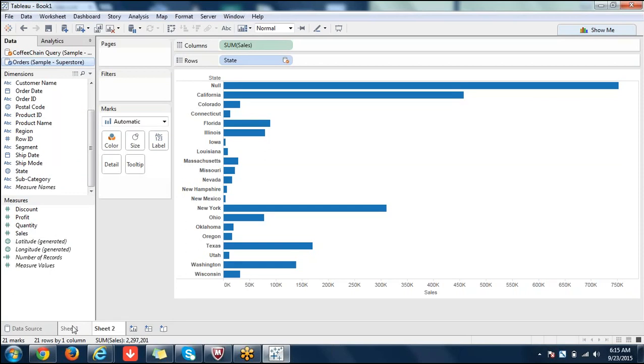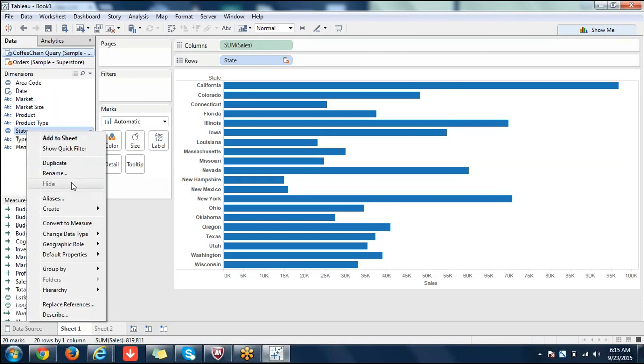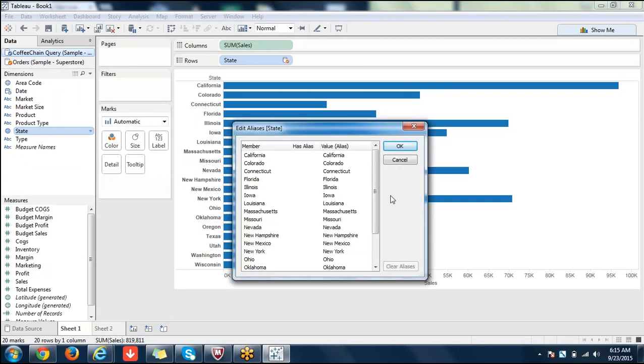This is our coffee chain. Wait. You can go here and you can see the alias. If you have the patience, go by each state and see what those states are, and you can change its aliases also. For example, Nevada is there, New Hampshire. Let's note some states and see if those states are there in Superstore also or not. Louisiana, New Mexico, California. Are you noting any state which is more here?